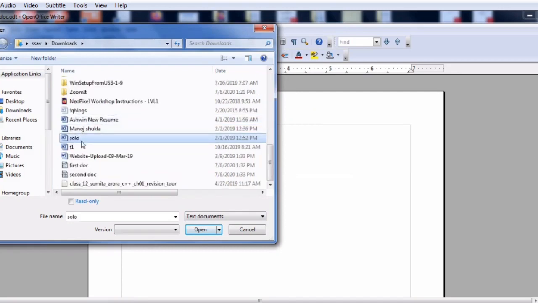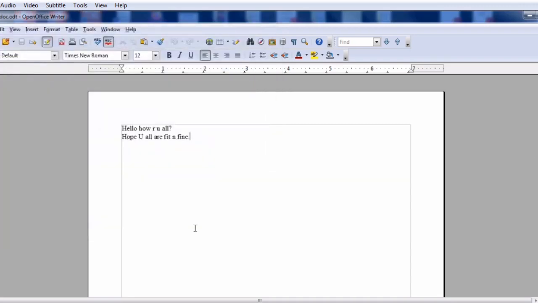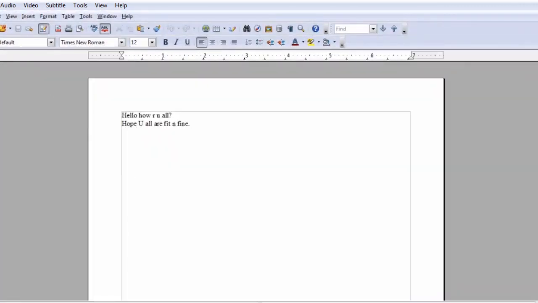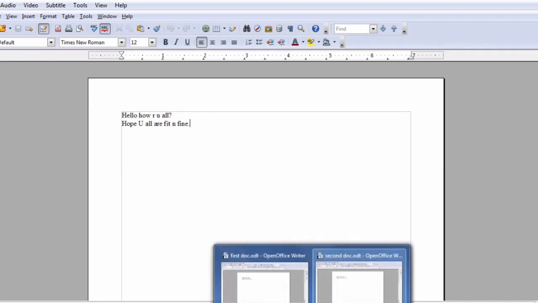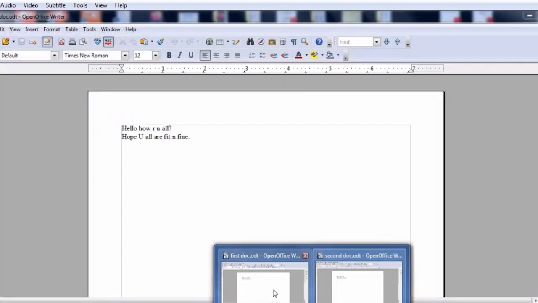We'll press the S key and you will get the second doc. The contents of both first doc and second doc are the same because we have used Save As to make the second doc file.